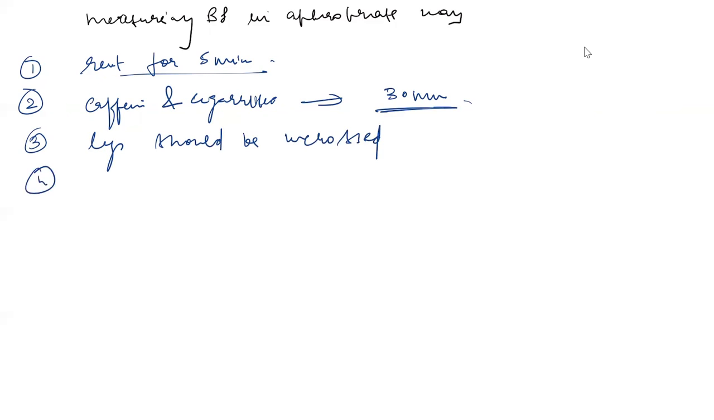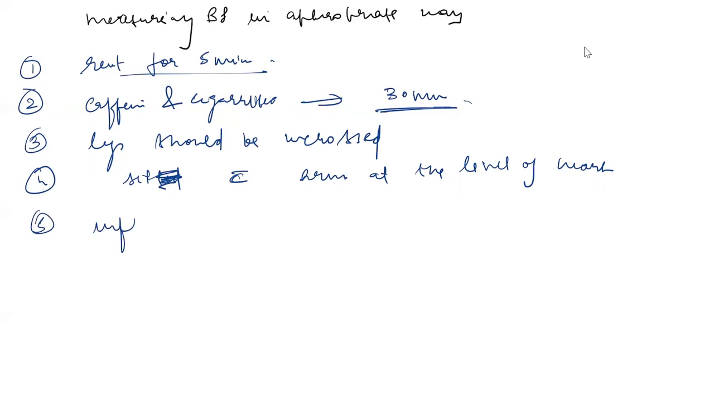Another important point is that the patient should be seated with arms at the level of the heart. Patient should sit with arms at the level of the heart. Okay. Another important point is that the inflatable cuff